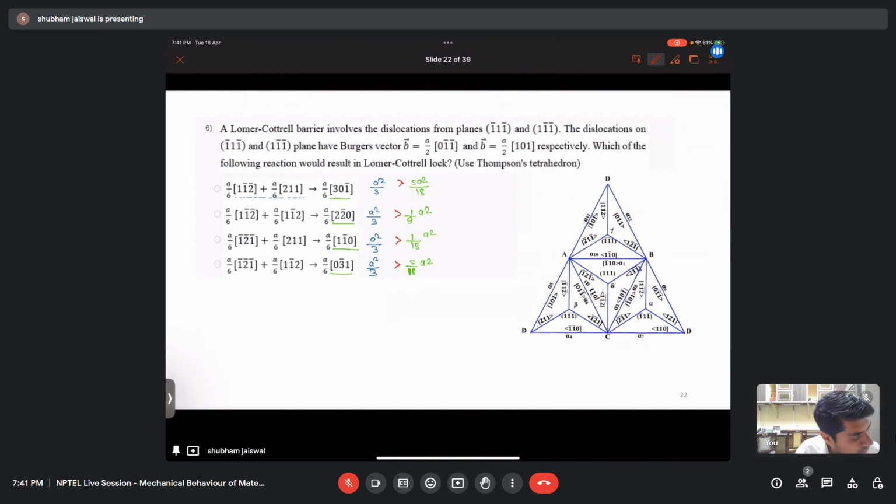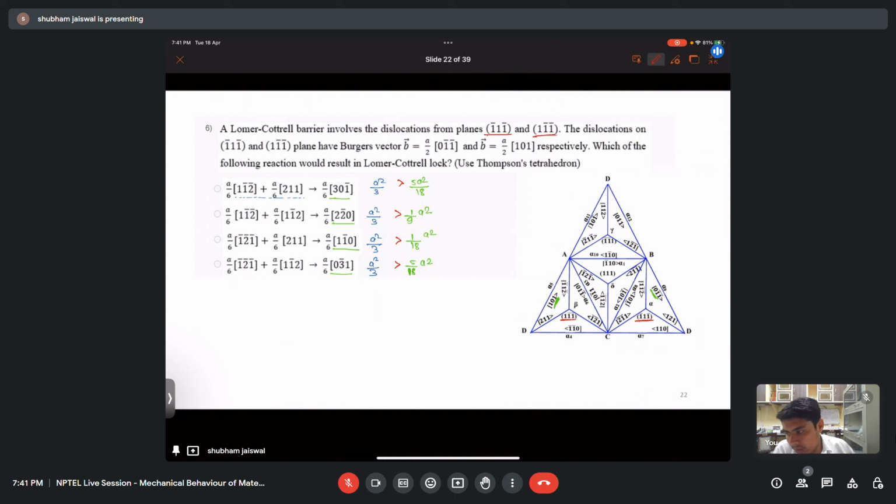Okay, so here they have given us the planes (1 bar 1 bar 1) and (1 1 bar 1 bar). So here we can see that these are the two planes. And the Burgers vector that they have mentioned is [0 1 bar 1] and [1 0 1]. So these are the Burgers vectors they have given, is it not? So